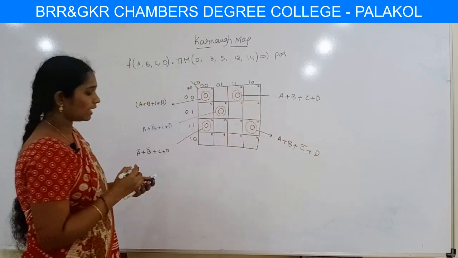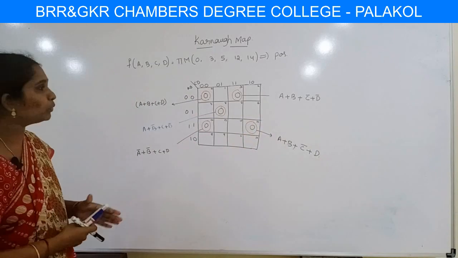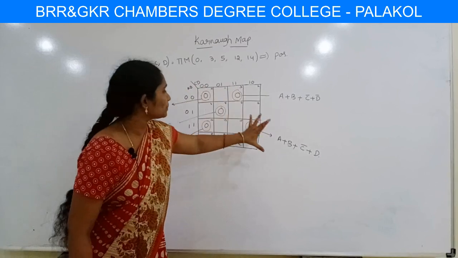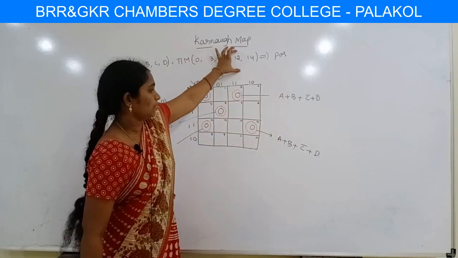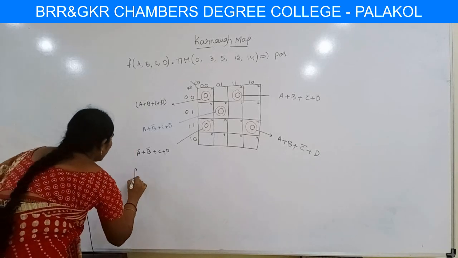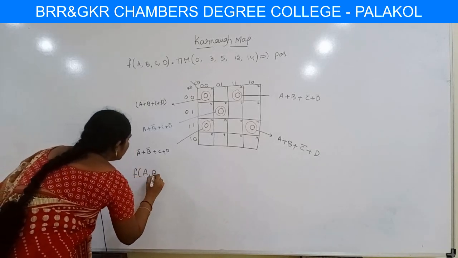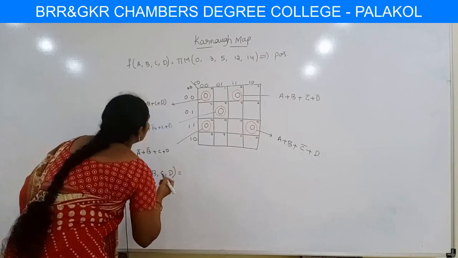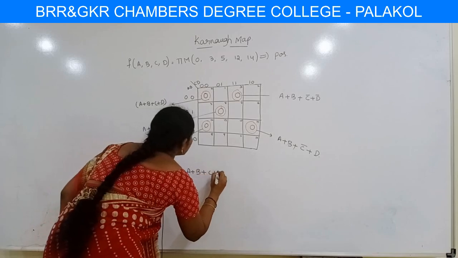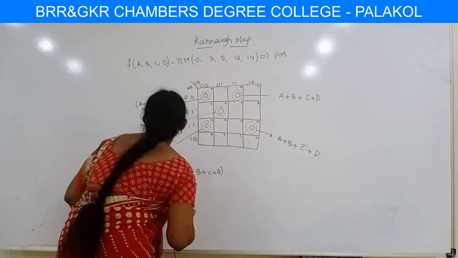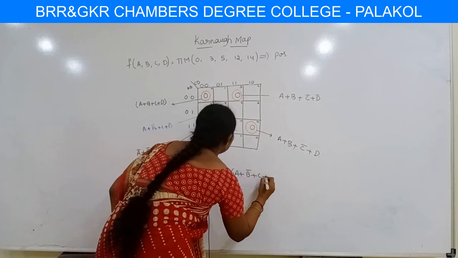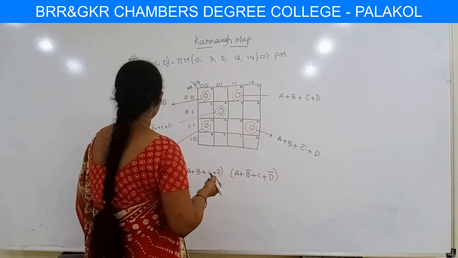So likewise in the POS form we have to represent the expressions. Okay, so these are the expressions for this question. So finally the answer is f(a,b,c,d) equals, the first one is (a + b + c + d) dot (a + b + d + c bar),